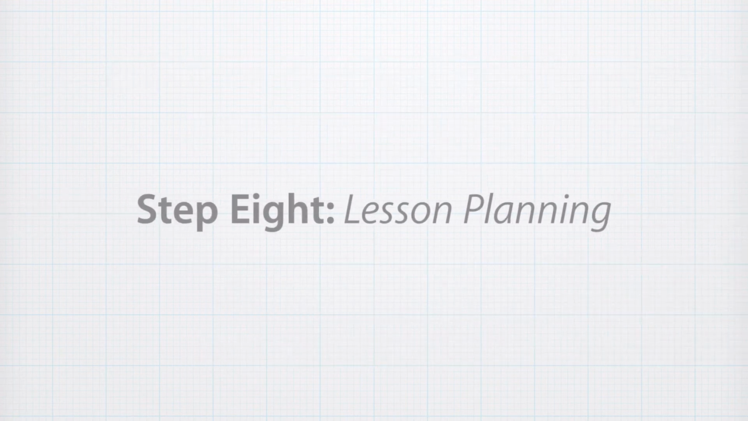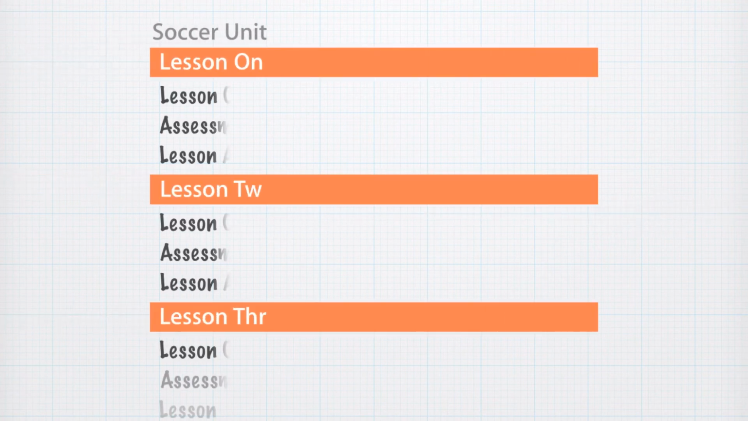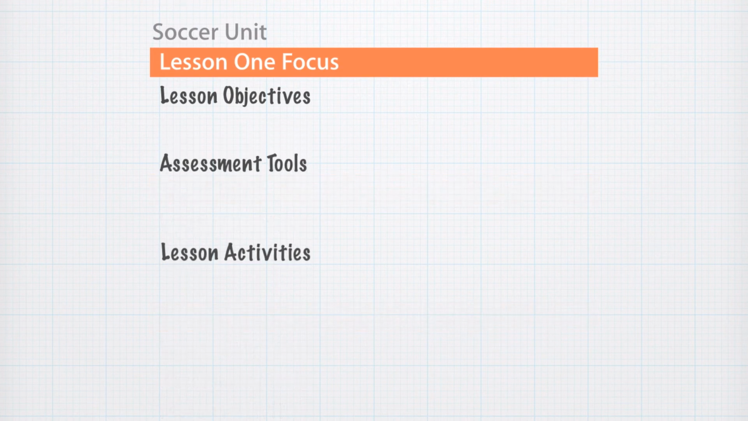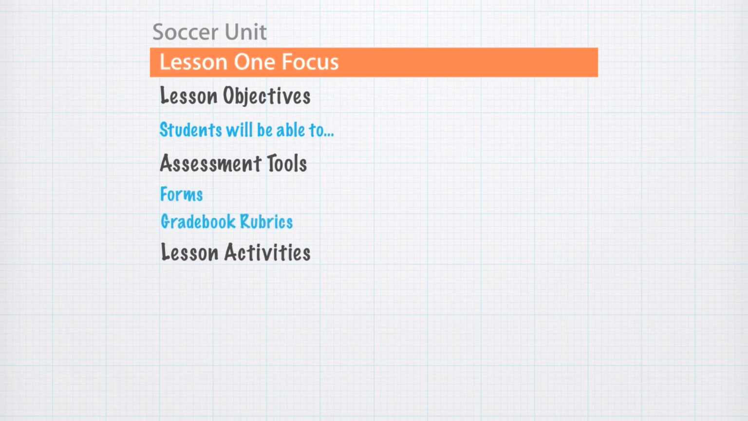So now I'm ready to get into lesson planning. I'm going to go back to those unit outlines that I created earlier in the year, and I'm going to create an elaborate lesson plan for that first lesson in the unit. It's very important to note that everything that I put into that lesson plan is going to be tied directly back to the lesson focus, so that I know that everything is tied directly back to that learning